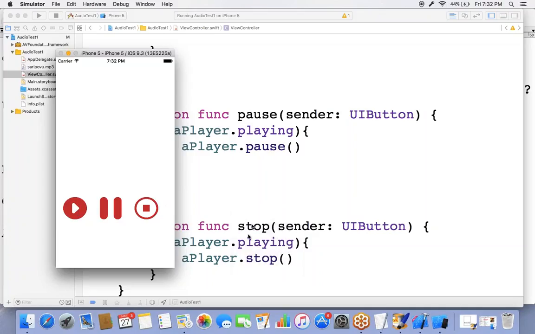It is playing an audio file. You can hear, right? Okay. So now it is playing an audio file. Once you select the pause button, the audio file is paused. And again, if you select the play button,